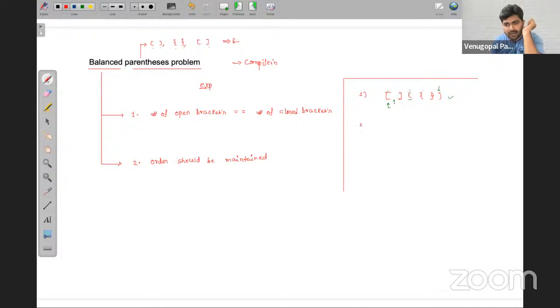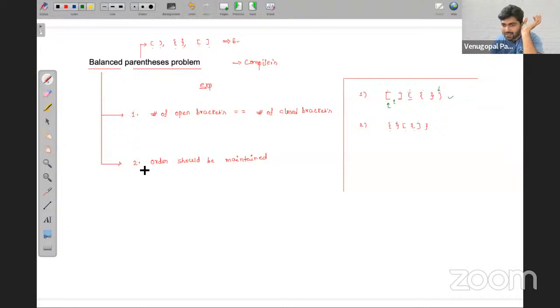So let's say second, first one open, closed, now open, open, and now tell me friends, is it balanced? No, it is not balanced. Why? First of all, here itself it is failing the definition. How many open and how many closed? If I take one more bracket here, the number of open and closed are equal, because if you see, 1, 2, 3 open and 3 closed. Okay, this condition is true.